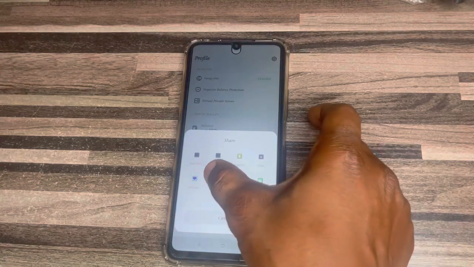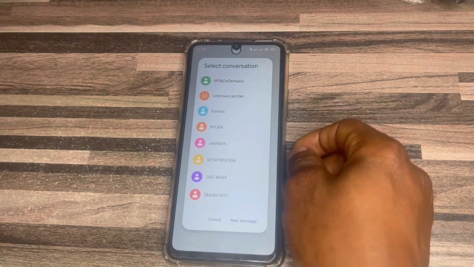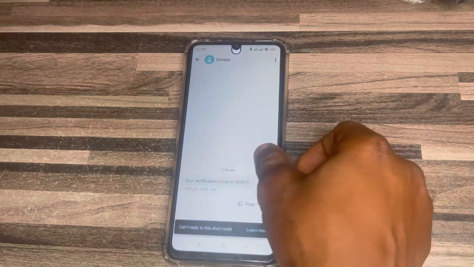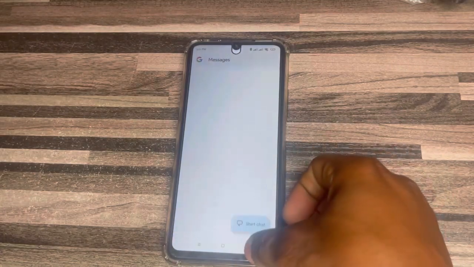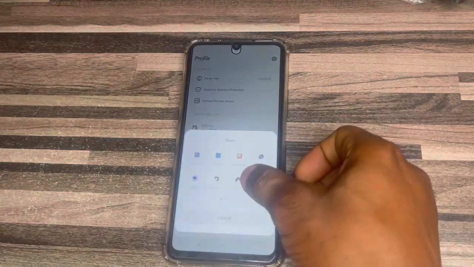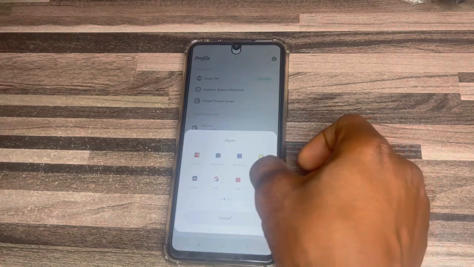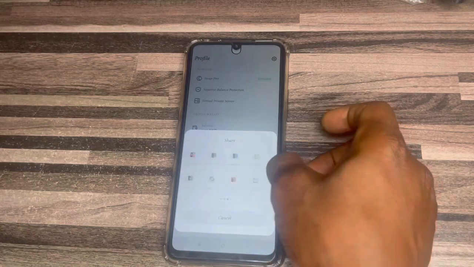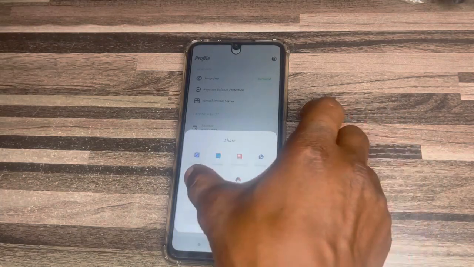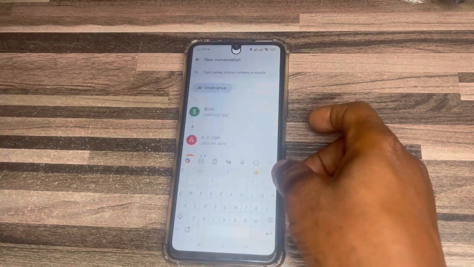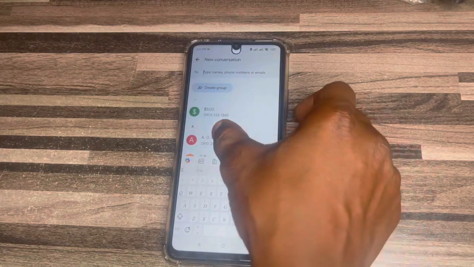So let's say I want to send the link directly through a message, so I'm going to click on message right there. Then let's say I want to select the person I want to send to, let's say Exness. Then okay, I cannot send the message through this page, so let me go back, click on share a link. Then I'm going to use message again, then select different contact. I don't see message. Okay, so message, then let me select new message, then let me say this number, for